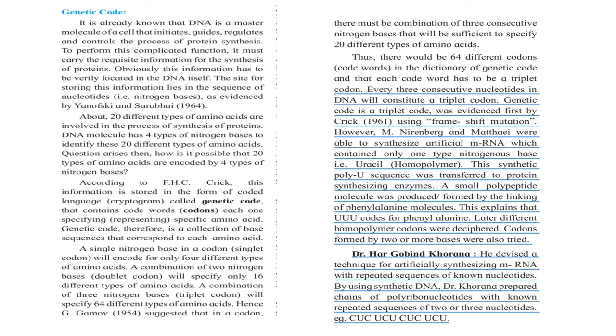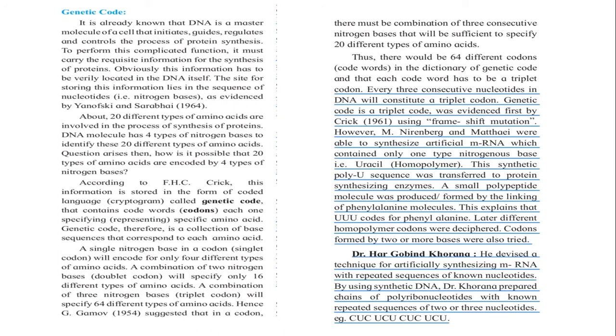This synthetic poly-U sequence was transferred to protein synthesizing enzymes. A small polypeptide molecule was produced by the linking of phenylalanine molecules. This explains that the triplet UUU codes for phenylalanine. Later, different homopolymer codons were